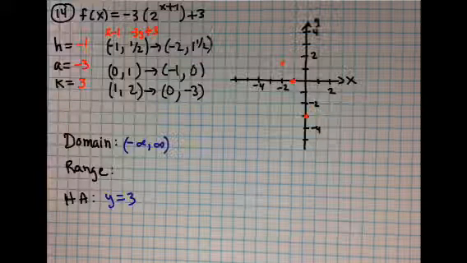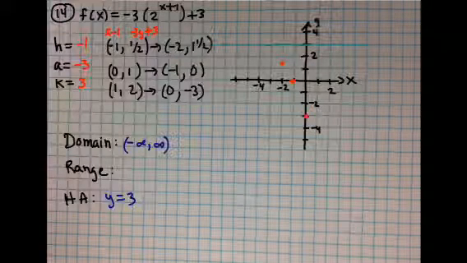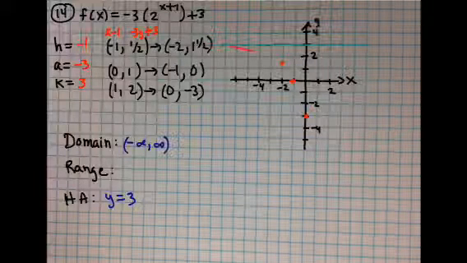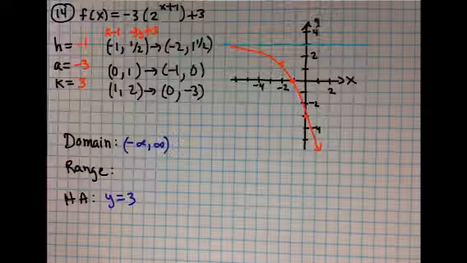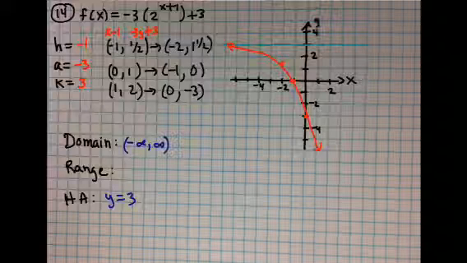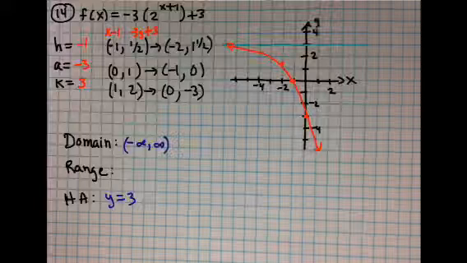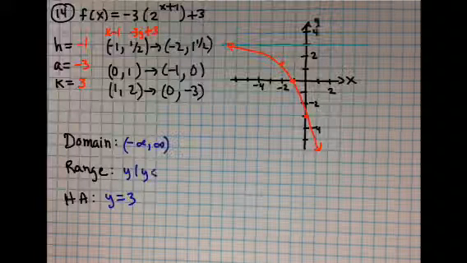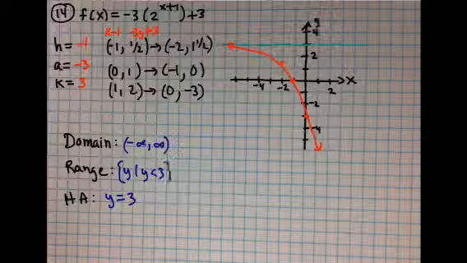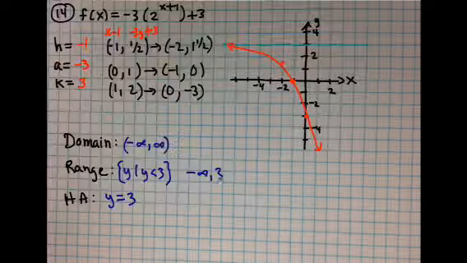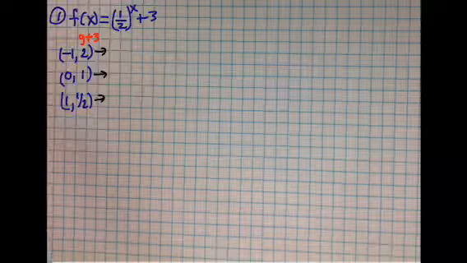Before I connect the dots though, I'm going to draw the horizontal asymptote at y equals 3, because that's going to help me connect the points. Okay, so now I'm going to connect the points something like this. So the range would be all y less than 3, so you can write it as all y such that y is less than 3, or in interval notation it would be negative infinity to 3. So for number 1, this is on the second